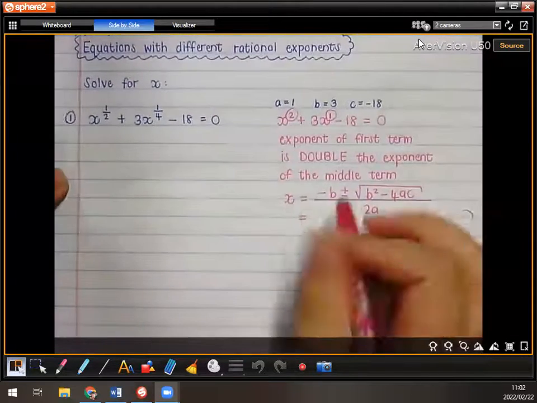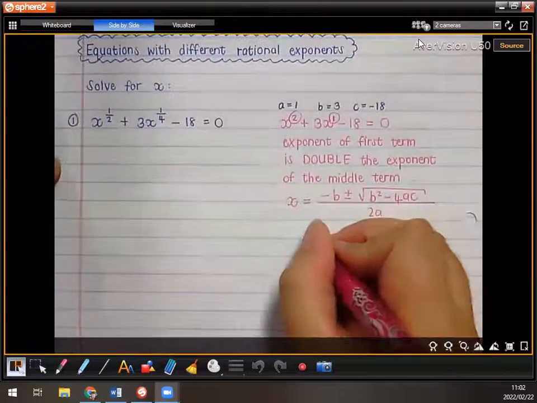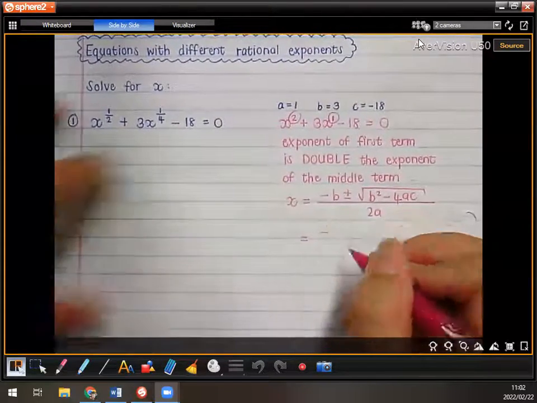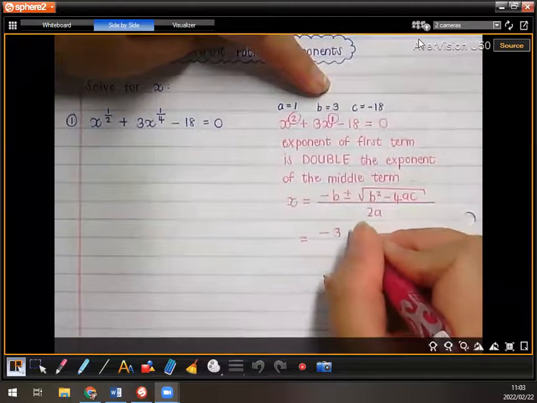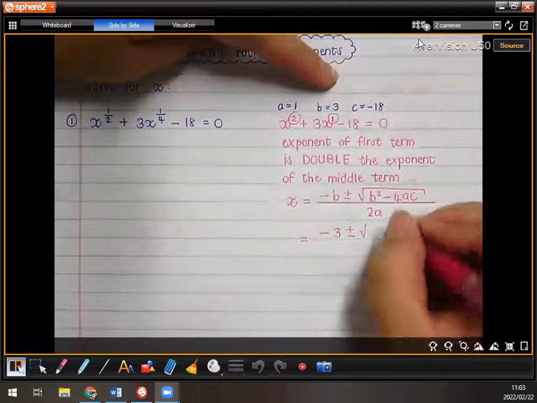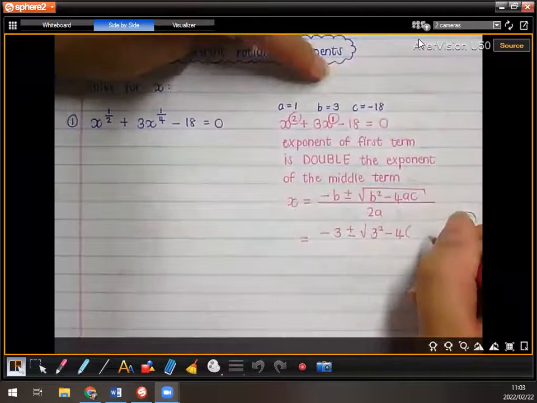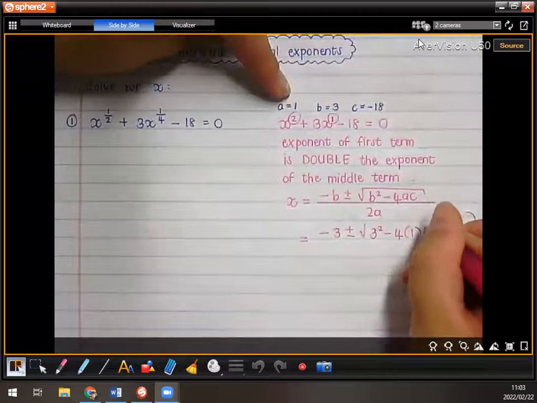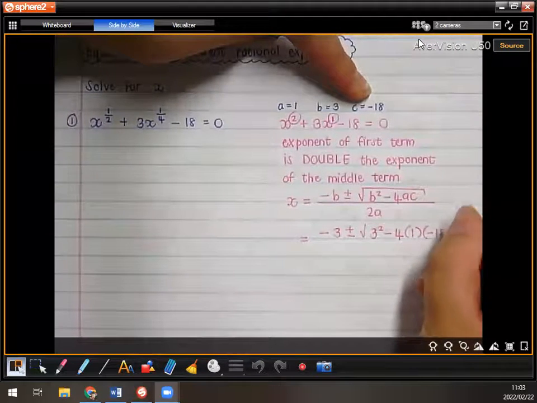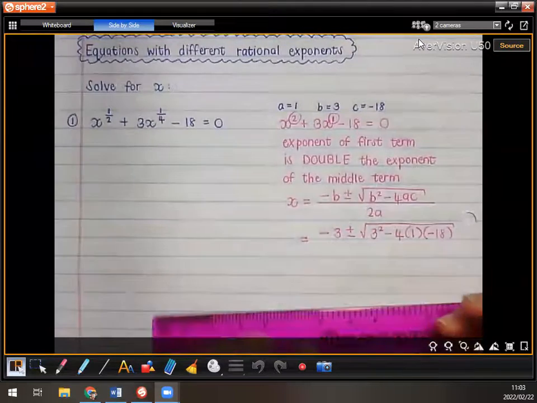Okay, so let's actually sub in those values now. Negative b is going to be negative 3 plus or minus the square root of b squared, so 3 squared minus 4 times a, which is 1, times c, which is negative 18. And that is all over